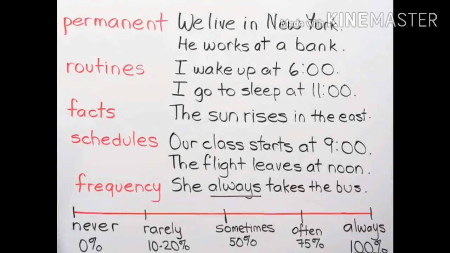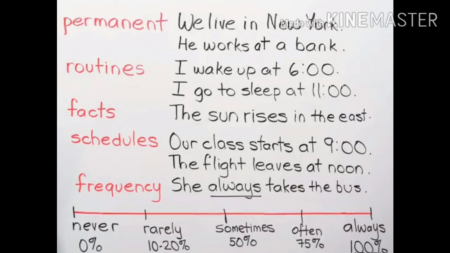Okay. For present tense, simple present tense, we use it for the permanent sentences, the routines we are doing regularly, even for the facts, the timing schedule or some other schedule we are using regularly, and even for frequency. What is meant by frequency? Never means we never do something, that we never do it, and rarely we do that, commonly, and sometimes we do them. Sometimes means 50% chance there is to do that thing.